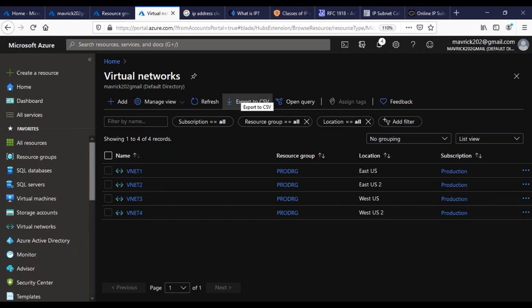Okay, but virtual network is there, right? It is basically a regional resource actually. That means in VNet 1, you can put servers only in East US. That's it. When you're deploying a server in West US, you can't see VNet 1 basically. Okay, so what I'm trying to say is, let me show you something.